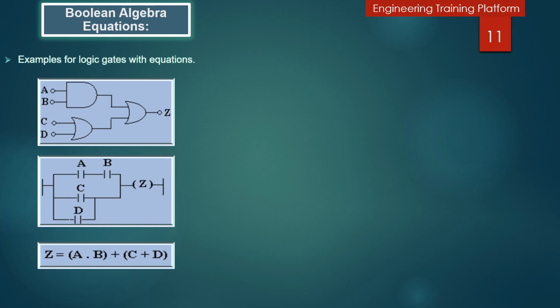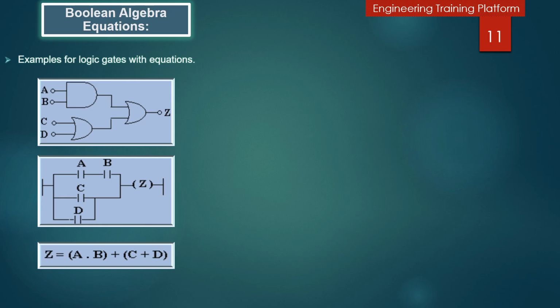Next, you can see this plus sign is for the OR gate. And after that you can see input C and input D. OR means we are doing the plus, C plus D. Here you can see A multiply B because it's an AND gate, and C plus D. And after that we will add this value and that value. AB plus CD.